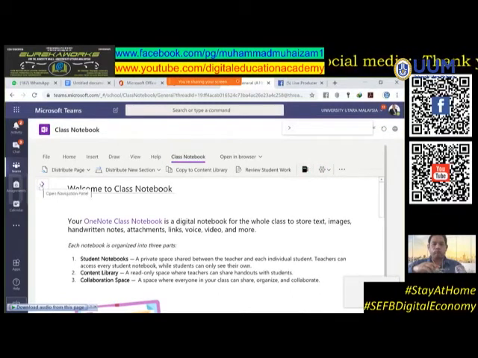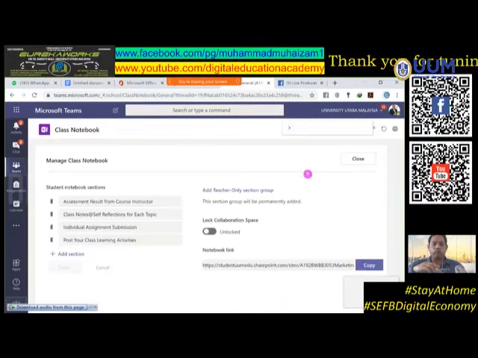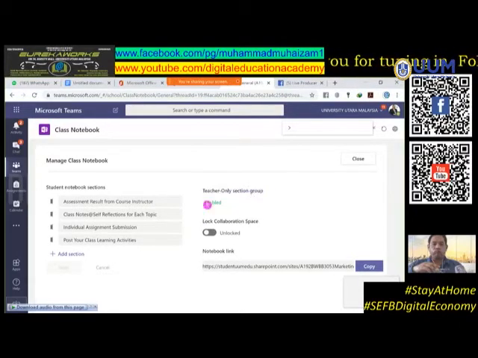As you know, before I go to the teacher section, if I check again the open navigation panel, I only see collaboration space and content library and the student's name. So if I go here, manage, I don't have the teacher section. So I want to have my own teacher section so I can help to prepare my content. I go and click enabling my teacher section and it is enabled. Now when you go back,